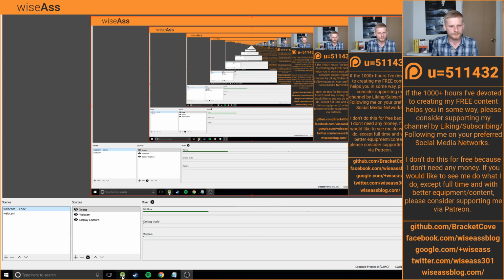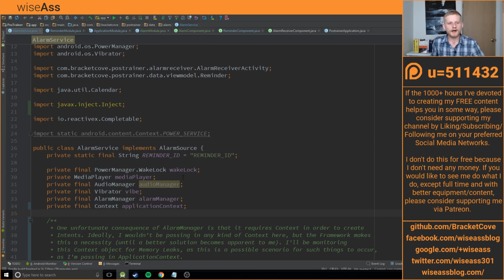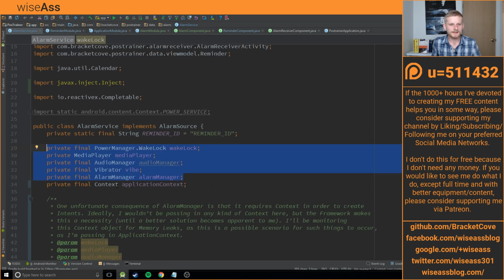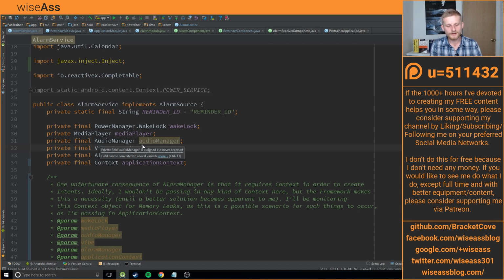So what is the latest challenge? I've managed to get everything working, except as you can see here, I want to be injecting these services, these APIs, with Dagger 2. Now the difficulty in that is there's a bunch of difficulties. This alarm service gets injected into the presenter. Yes, that's correct. So basically what I think I'm going to have to do, and this is kind of interesting, what this relates to